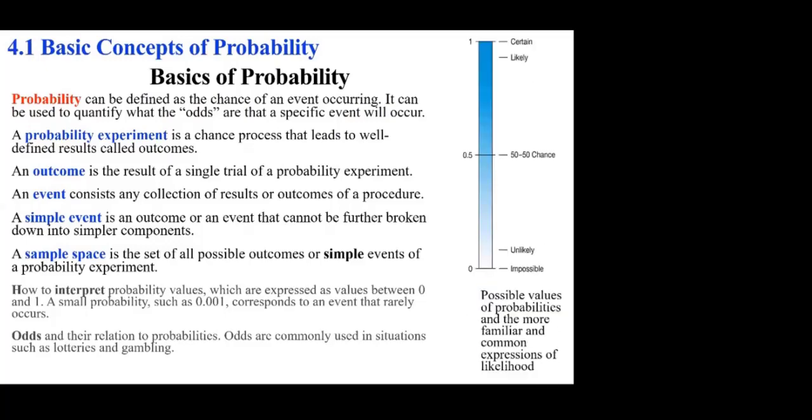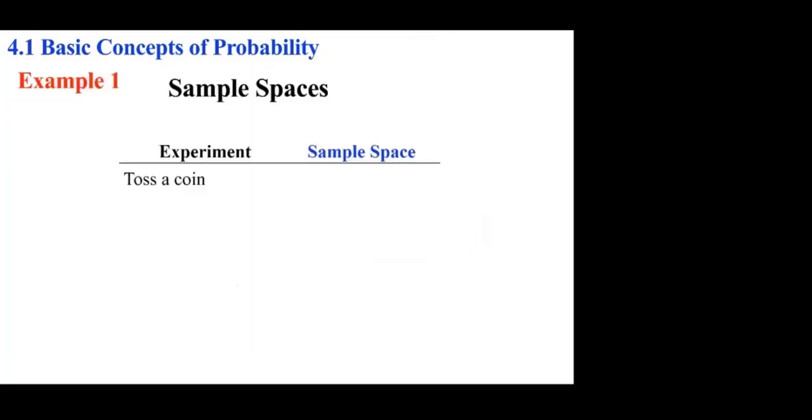What I'd like you to look at is something that is used by statisticians. When you look at the values of probabilities, of course, we said 0 is an impossible set and 1 is a sure or certain set. In between, of course, everybody knows the meaning of 50-50. Likely is close to 100%, if you will, and unlikely is close to impossible. But it doesn't have a specific value. Just to give you an idea, let's start with a simple example to make some sense out of this.